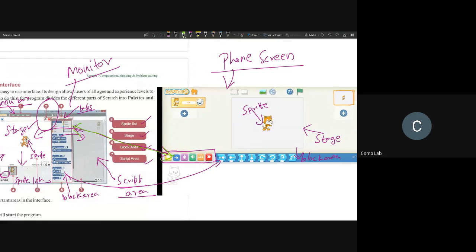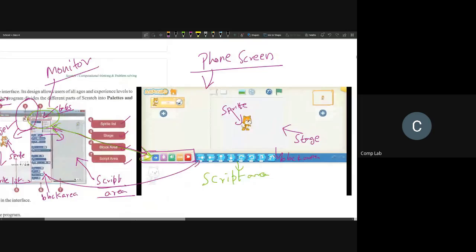So stage, sprite, block area, then we have our script area right here. We will be dragging and dropping blocks onto the script area to send instructions to the cat. Next, what else do we have? Here we have something called tabs. Those tabs are built into the interface right here.